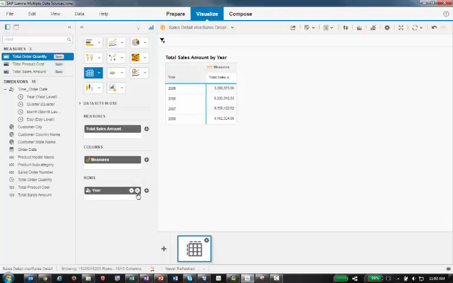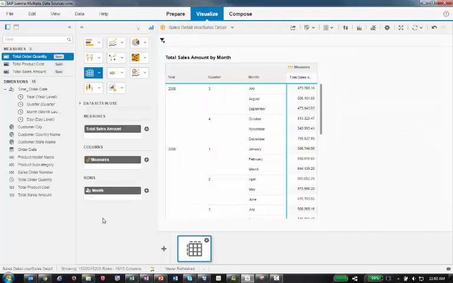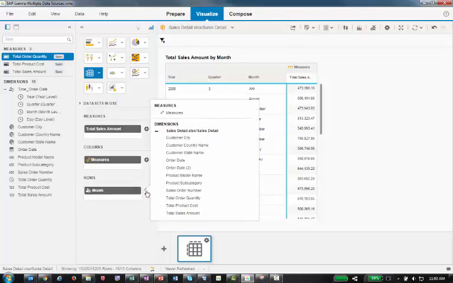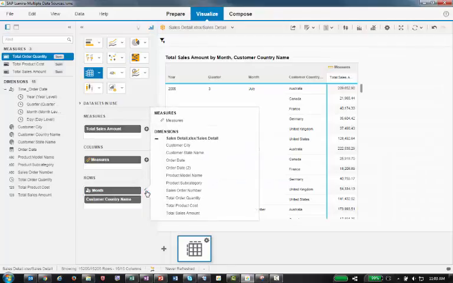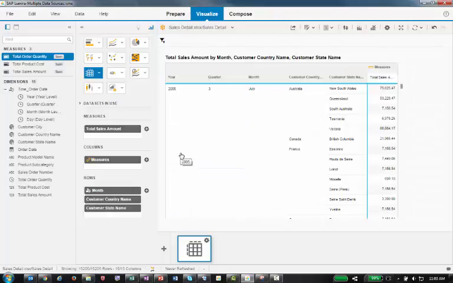And if we just change that setting to be month, it's going to add all of the columns down to that level. Let's go ahead and add country name and state name. I think that's what we need. So the next step will be to